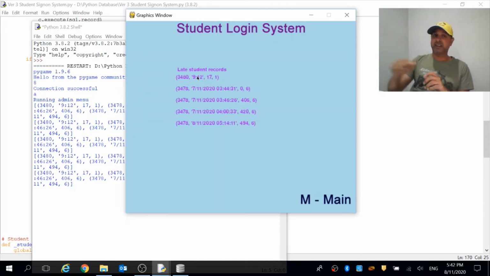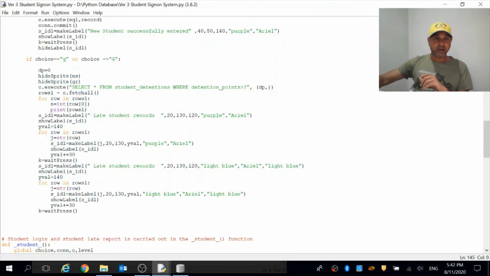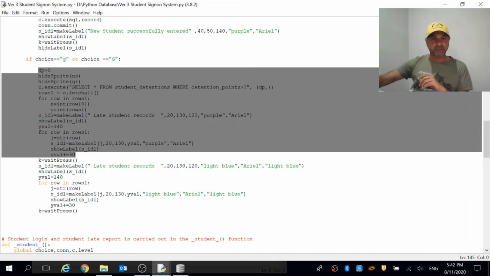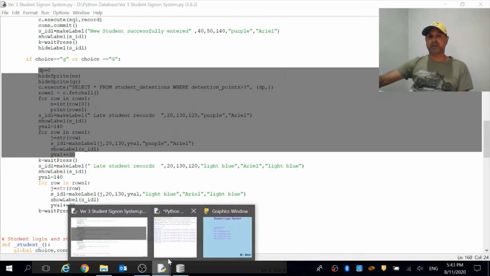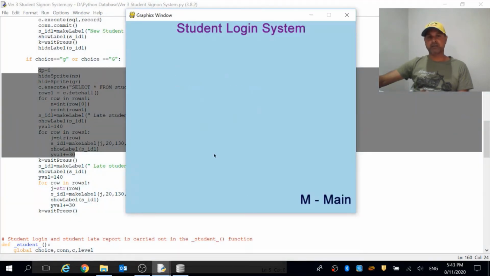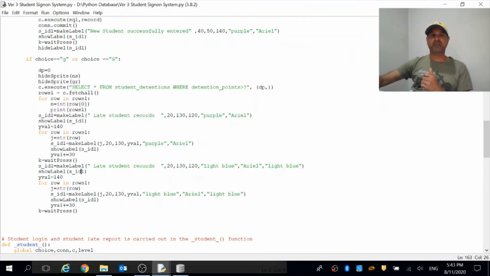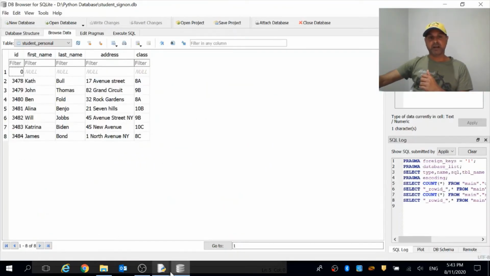Now, what I said, remember this bunch of codes here? I want to draw. So now this bunch of codes are executed. Okay, now it's stuck. It's waiting here. K equal to wait press. Once I hit it, it goes and wipes out all of those records. You hit the key, gone. So that bunch of codes got executed, and then again it says wait press here, and I can go back here